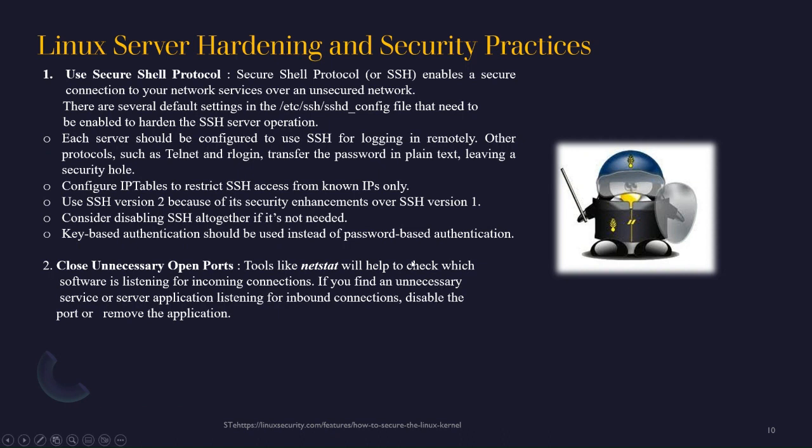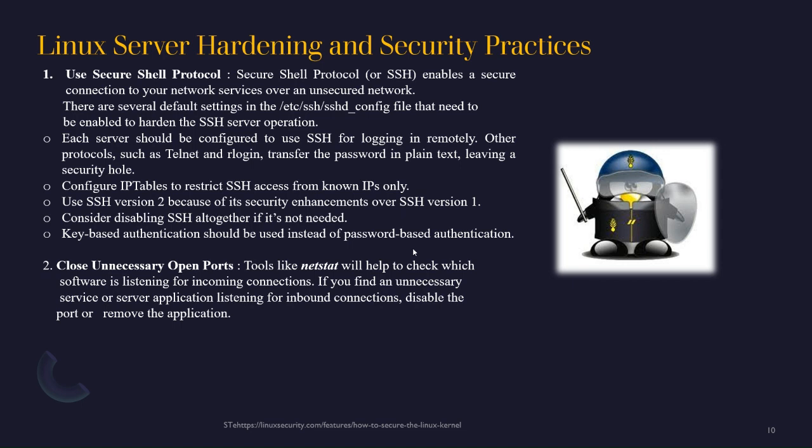Linux server hardening and security practice. Number one, use Secure Shell Protocol. Secure Shell Protocol or SSH enables a secure connection to your network service over an unsecured network. There are several default settings in the config file that need to be enabled to harden the SSH server operation. Each server should be configured to use SSH for